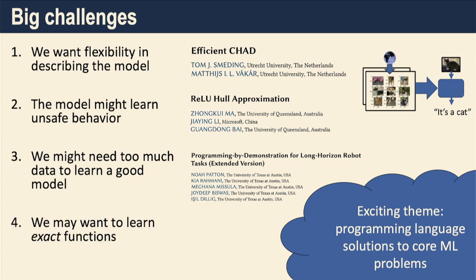And then finally, we may want to learn exact functions, right? This was my way of connecting up these things to automata learning, which is a slightly different kind of approach, right? It's coming from a different school of thought, but I think it's interesting, and it falls under this general theme of using data to describe what programs do, right? And it's going to be very different. But I think it's super interesting and exciting. I'll try to give you a little overview of that at the end, right?